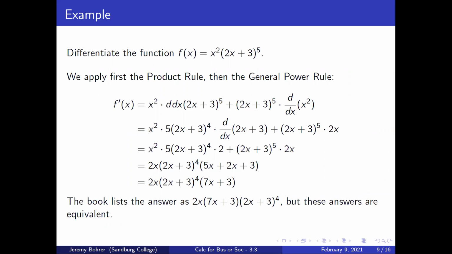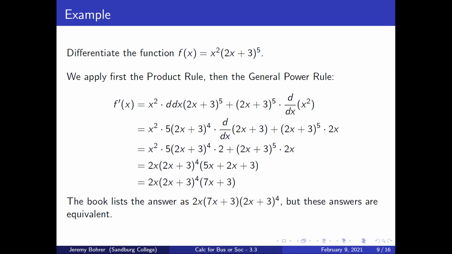Differentiate the function f(x) = x² (2x + 3)⁵. We apply first the product rule, then the general power rule. f'(x) = x² times the derivative of (2x + 3)⁵ plus (2x + 3)⁵ times the derivative of x², which is x² times 5(2x